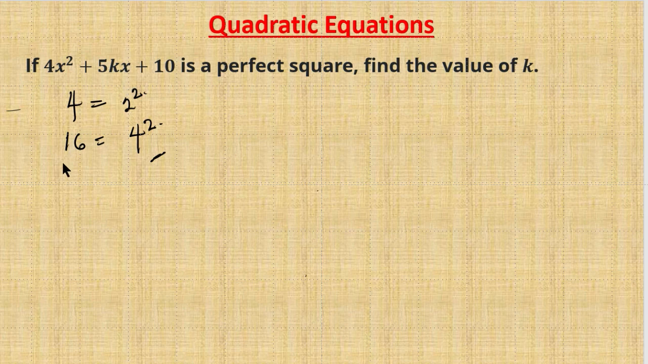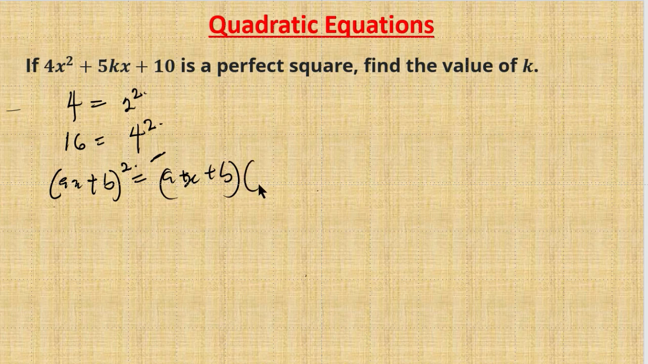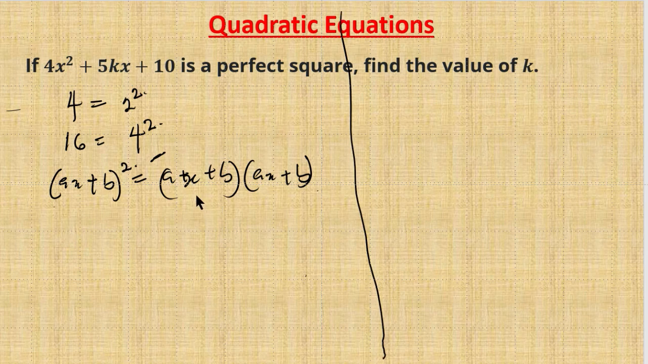Now for quadratic equations, for perfect squares, I'll be talking of the form (ax plus b) all raised to power 2. Now if I expand this, it will be of the form (ax plus b) into (ax plus b). So if I now expand this further, it will expand into ax into ax plus b